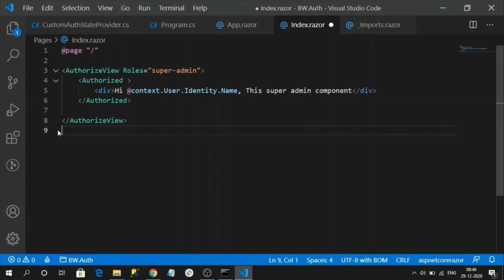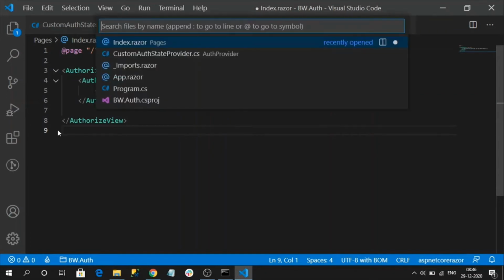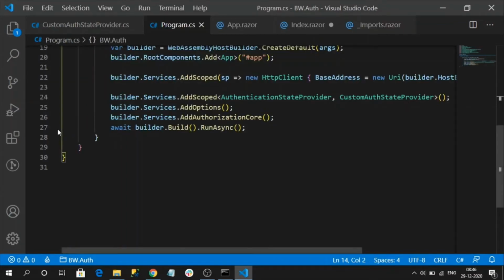For the roles given directly here, we can create a policy for the role. Role policy is nothing but grouping a number of roles under one policy. It is called role policy. For that, we need to create a policy in our startup. Let's go to my program.cs file.